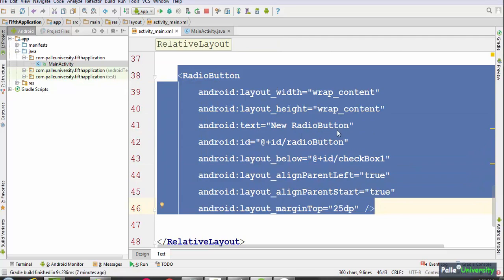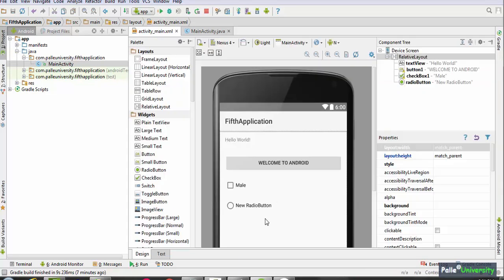That's why I told you designing in Android is very easy. You just have to drag and drop in the correct place. The XML code will be automatically generated by Android Studio. With this we have understood the basics of screen designing. In the next session, I will be discussing more about how to apply colors for your screen.